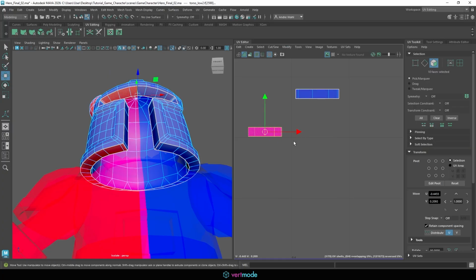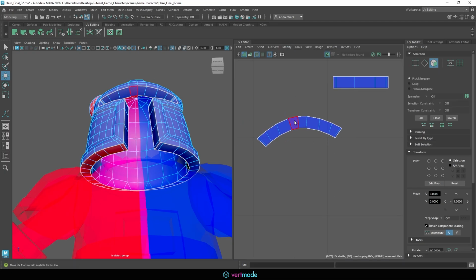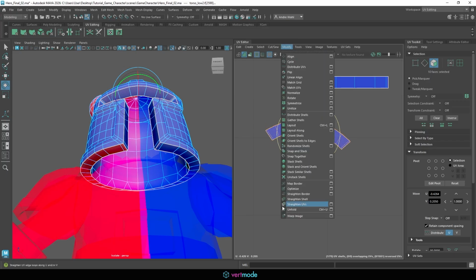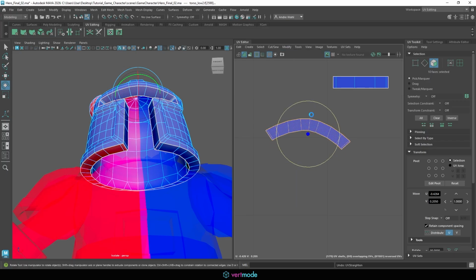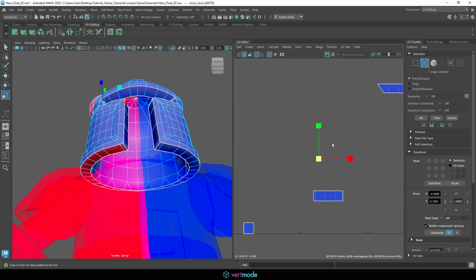Okay, so it looks like this one needs an unfold. That's unfortunate, but it's okay. We can unfold that. And if we needed to, I'm sure we could come in here and straighten these out again with enough time. An interesting technique that often works is to basically select a bottom vertice like this, scale it into place uniformly, select a top, scale it, and then we could come along each of these. And often in vertice mode,